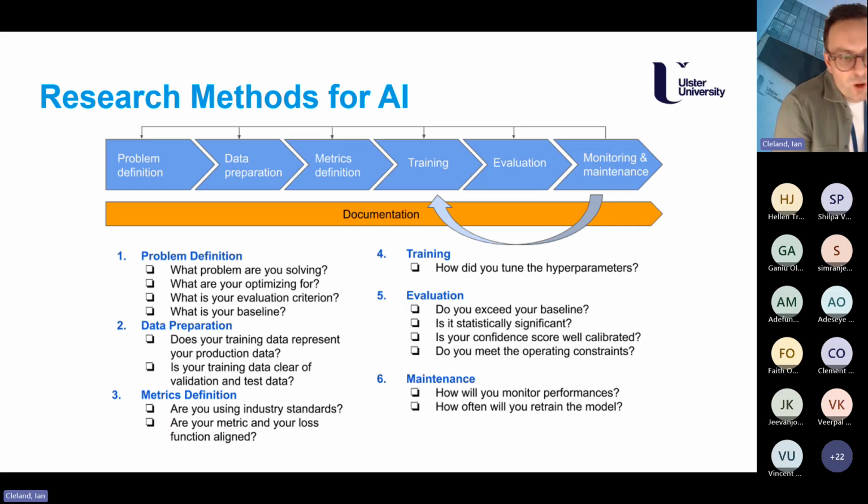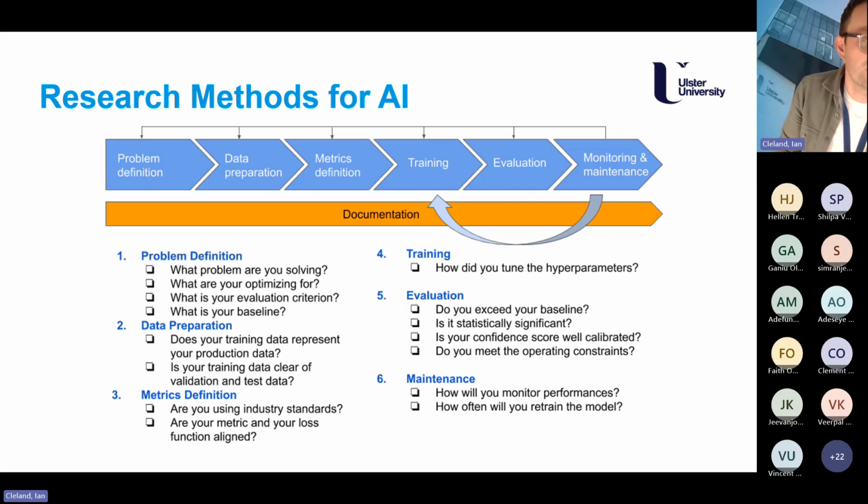The other reason why it's quite good to have a research methodology to follow like this is because quite often there are really nice research questions that you can ask at all of the different stages that might help you in critically evaluating what you've done, which is, as I mentioned earlier, the main thing about the research project. So if we take that CRISP-DM model, we've just laid it flat here.